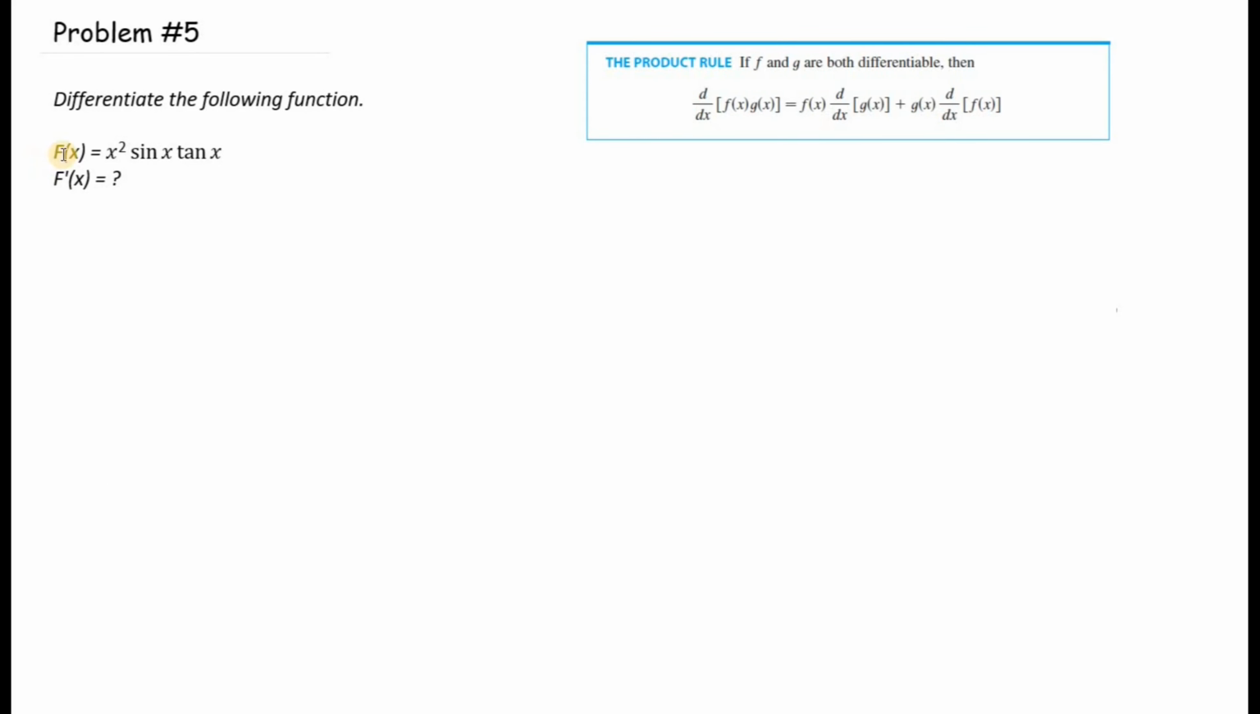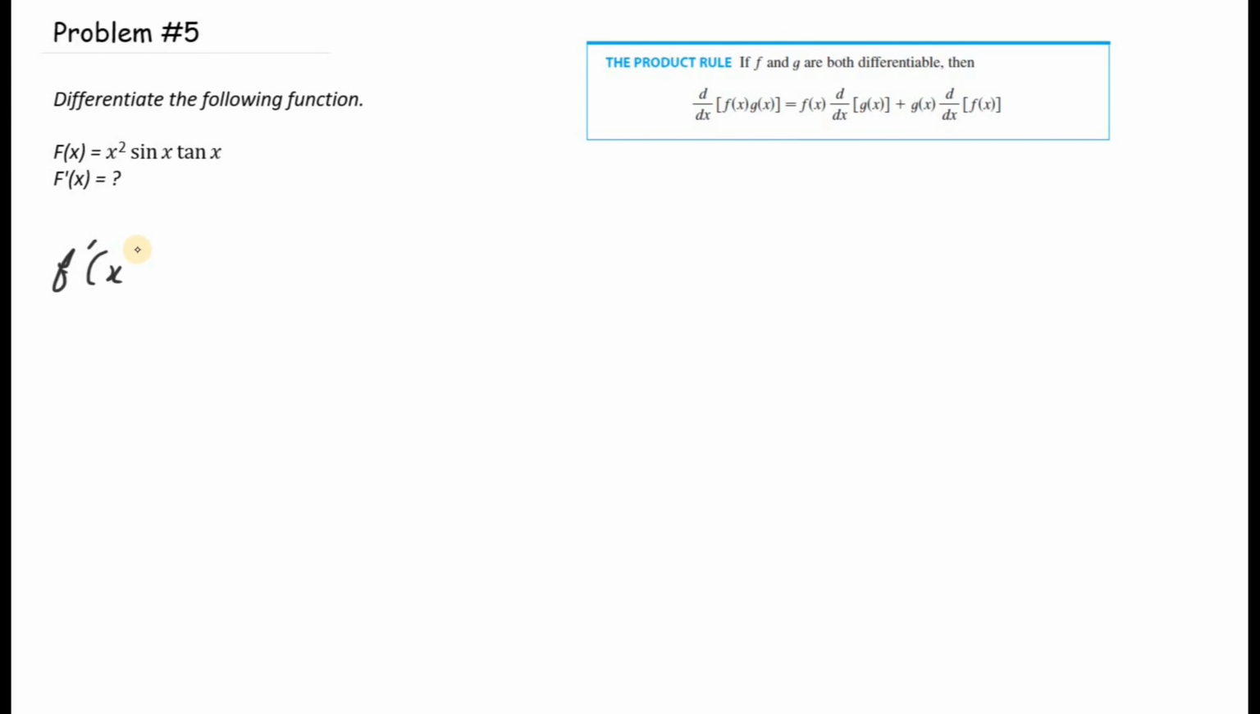So for problem 5, we have f of x is equal to x squared times sine of x times tan of x. However, in this case, we have 3 functions instead of 2. With the previous questions, we saw that we were using 2 functions for the product rule. However, for this problem, we'll use the same method that we used for the product rule and apply it for the last function. So going ahead and solving this, we get